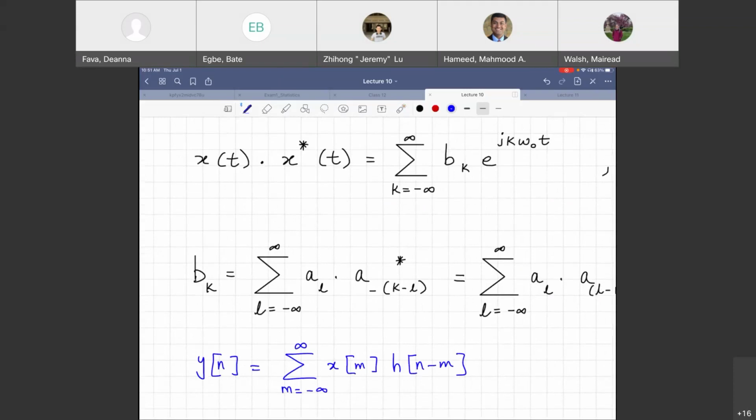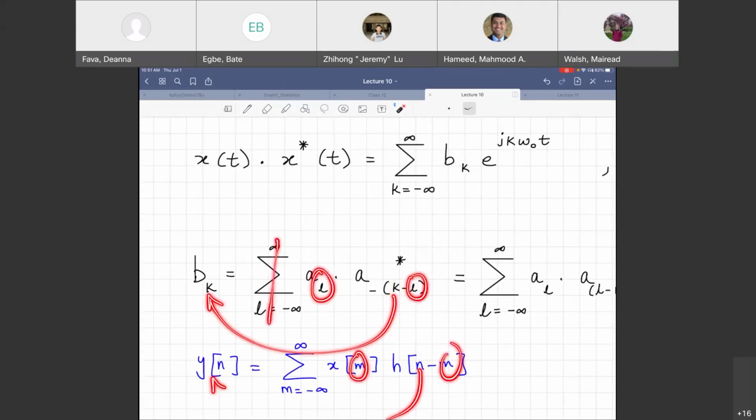Right? We are doing the same thing, but with instead of m, we have L, and instead of k, we have n. So k here gives you k, n here gives you n, m here and m here, L here and L here. You are doing the summation over L, right? So I hope that matches up really well.